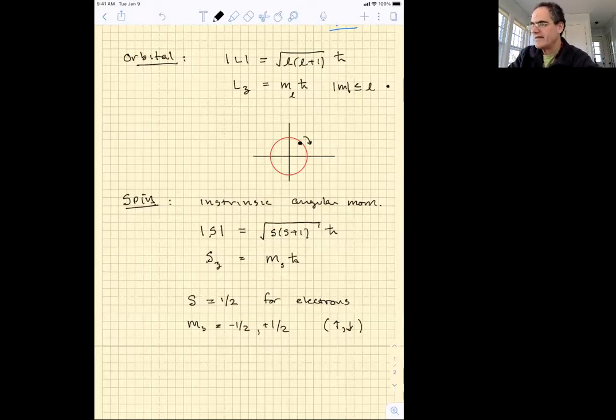So this has some consequences. One consequence is that it simply doubles the degeneracy of all the orbital states, for example, in the hydrogen atom. An electron can occupy any of these states, but in addition, it can occupy it either spin up or spin down. Now, our mental picture of this